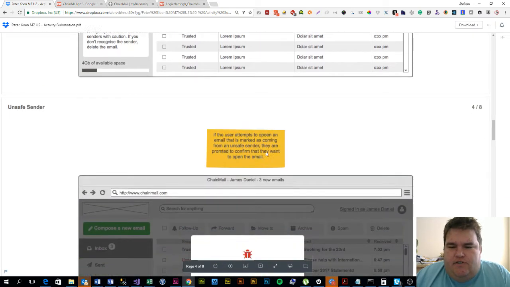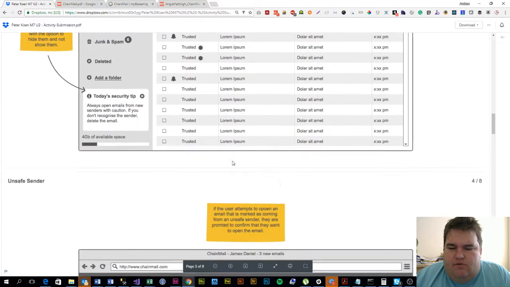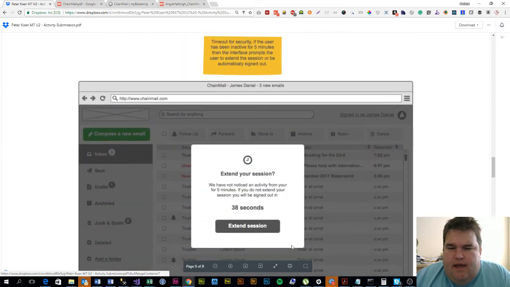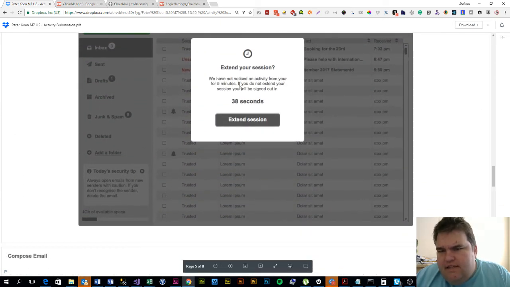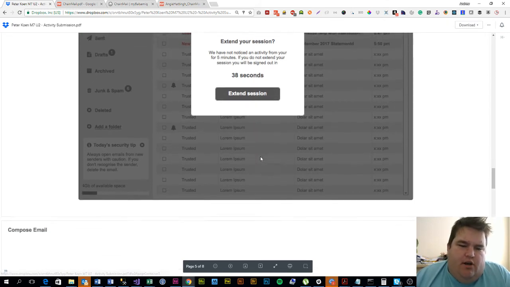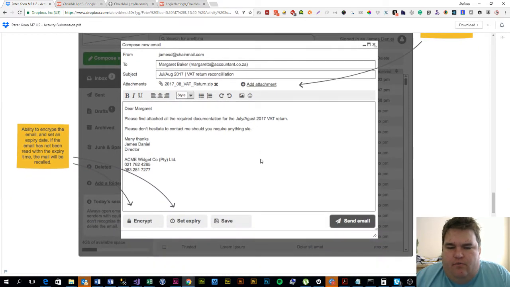There was also consideration of security early on, and not just simply indicating it, but then also when going to the next screen, clearly directing the user to what to do when there's an unsafe sender, for instance. And looked at things like not being logged in, pointing out to the person that they should be logged out. So those were good security touch points, I felt, that went well, including in the sending of an email, encryption,